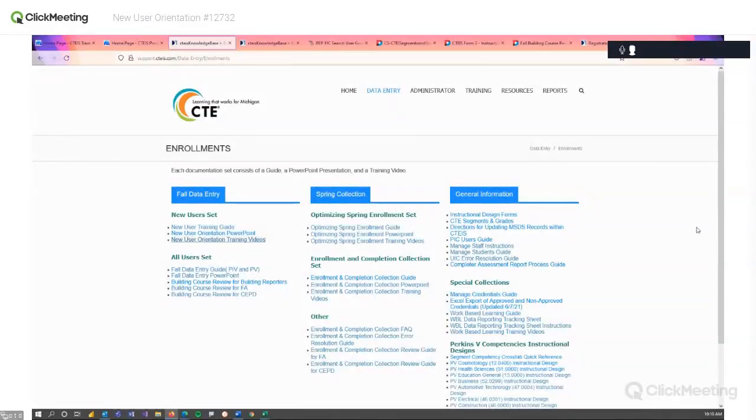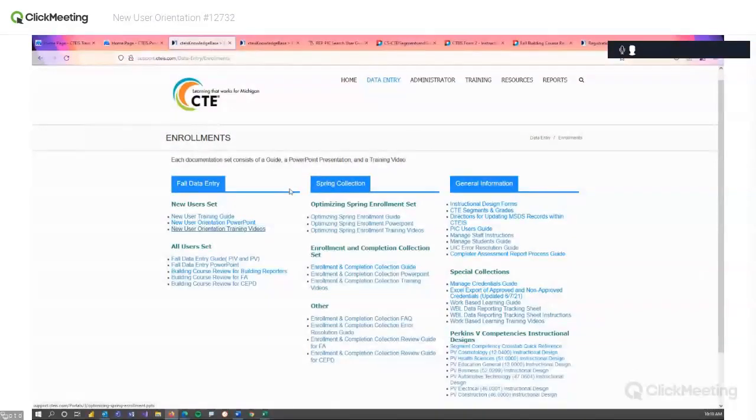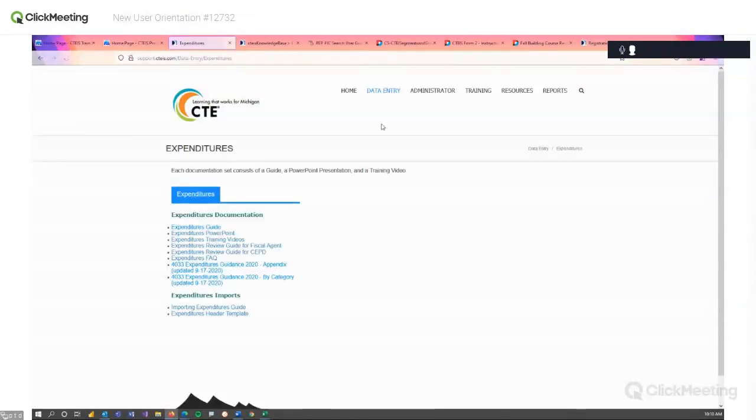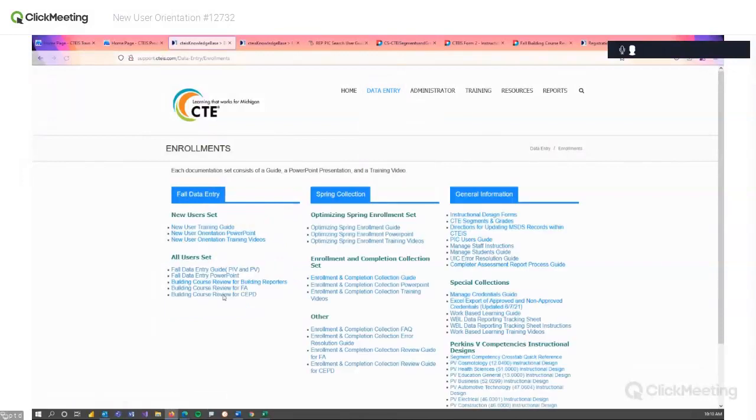All right. So this is all enrollment information. You can see that we've got similar information for expenditures. We have the expenditures guides, PowerPoints, training videos, and information for fiscals and CPIDs. This is also where, if you're going to do imports, you will find import guides. If we go back to enrollment real quick, we have